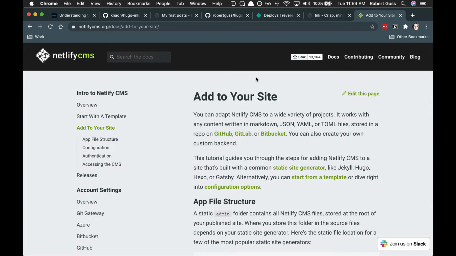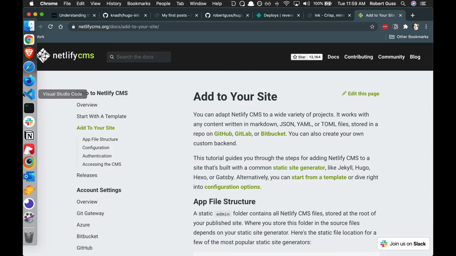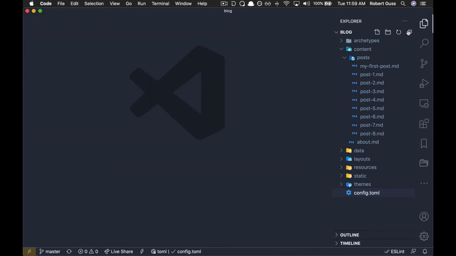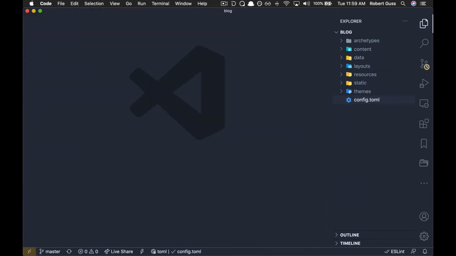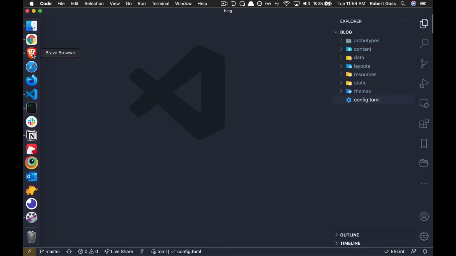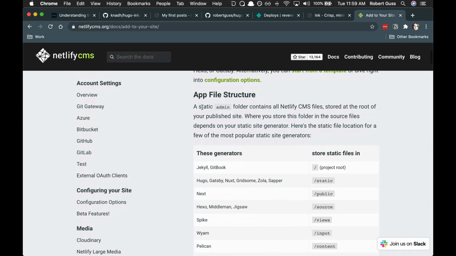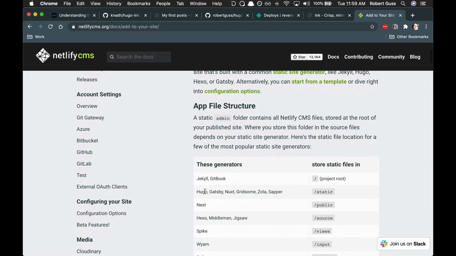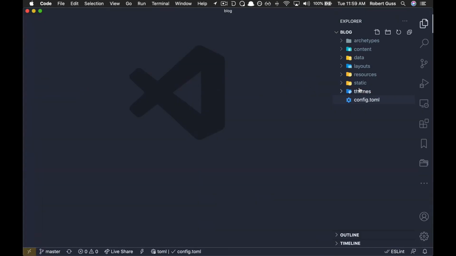Okay, so the first thing we need to do is create some files and folders within our Hugo blog for our Netlify CMS. So if we head back over to our code, and let's just minimize everything. As you can see in our documentation, we need to create an admin folder, and because we're using Hugo, that's going to live inside of the static folder. So if you go over here to static, you can right click and just do new folder called admin,